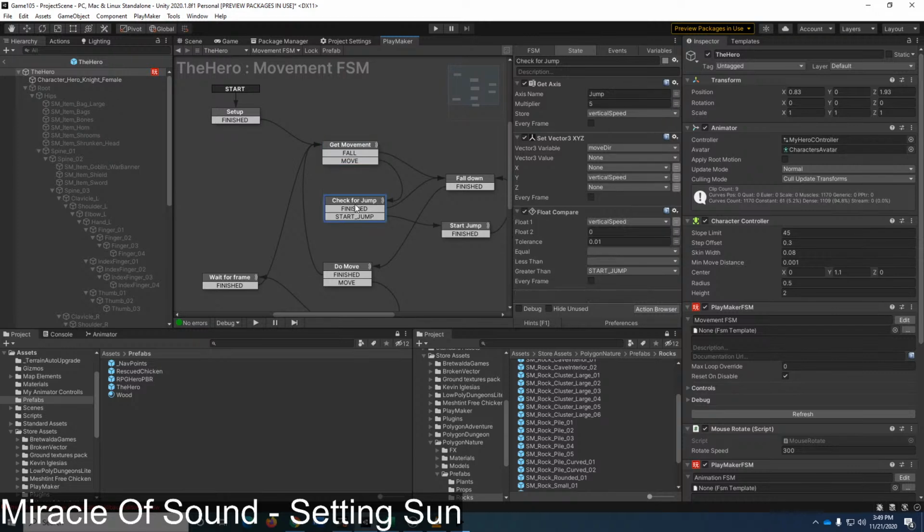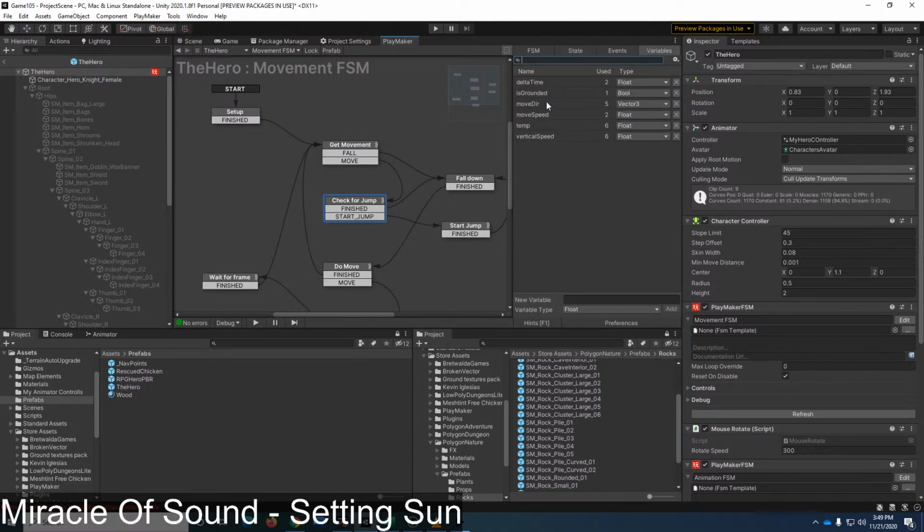In the axes, I'm checking for jump. I have a movement speed. So what I think I can do, let's create a base speed.